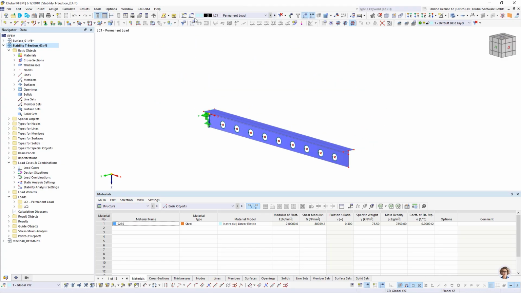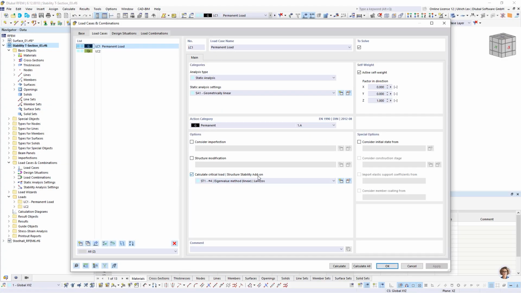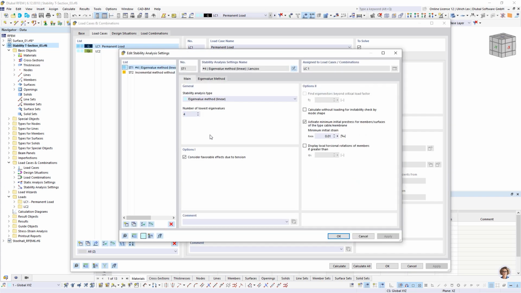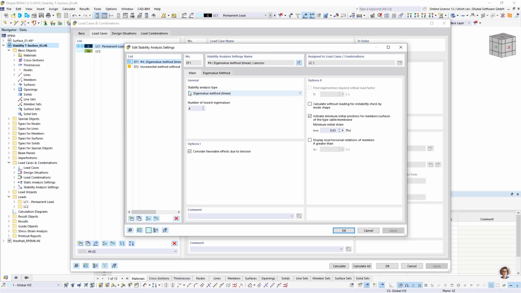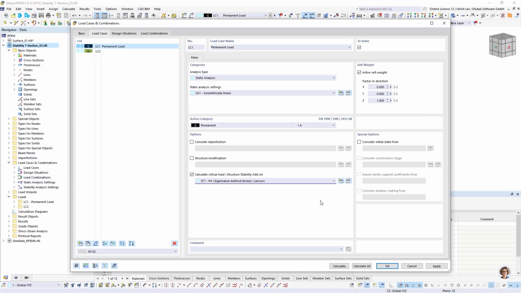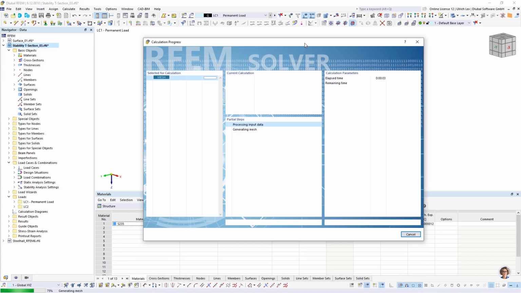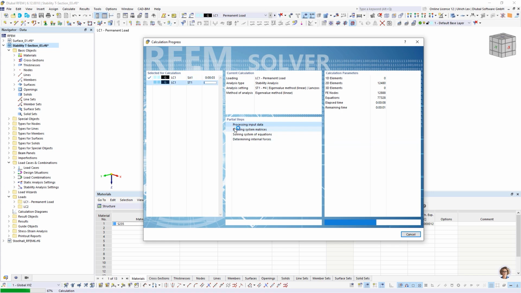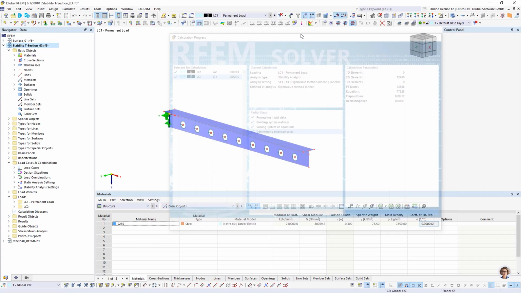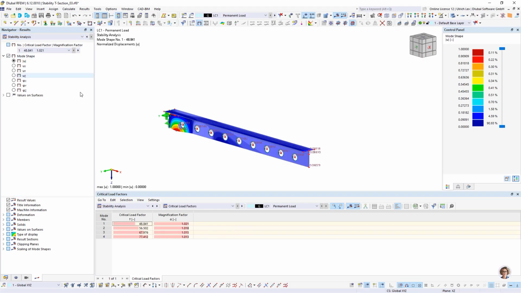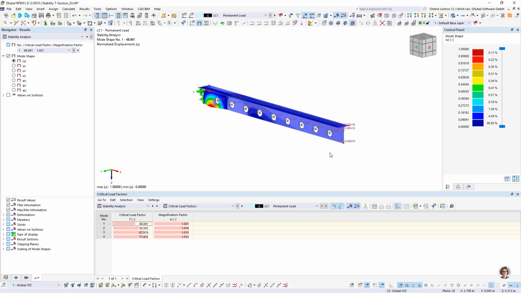Now I can also activate here a stability analysis, and I also want to get the eigenvalue method with the same settings as before, or with the default settings, and can compute this eigenvalue for this cross section. So what are the results now? For the results I now also get the critical load factors, and I get the different eigenforms